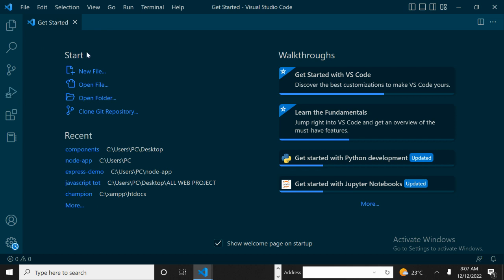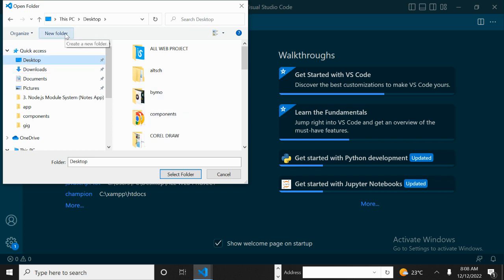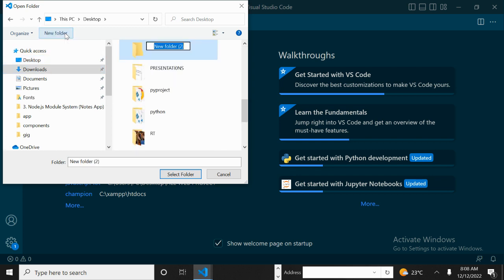So we are going to take this one out, but an easy way is to click on open folder. Now, this folder we're about to create will contain all your projects. So just follow me step by step. Click on new folder. First, select the environment. I want it on the desktop so that you don't lose track of where you keep your website project folder. So click on desktop. Now click on new folder and write